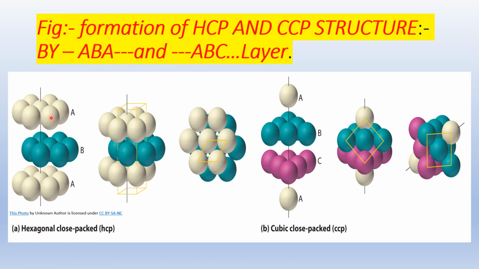This 6, 6, 6 here, a total number of 12, means in simple hexagonal close pack you get a coordination number of 12. What is the hexagonal close pack and the cubic close pack structure, how it appears, has actually been explained in detail from the side view in these diagrams.